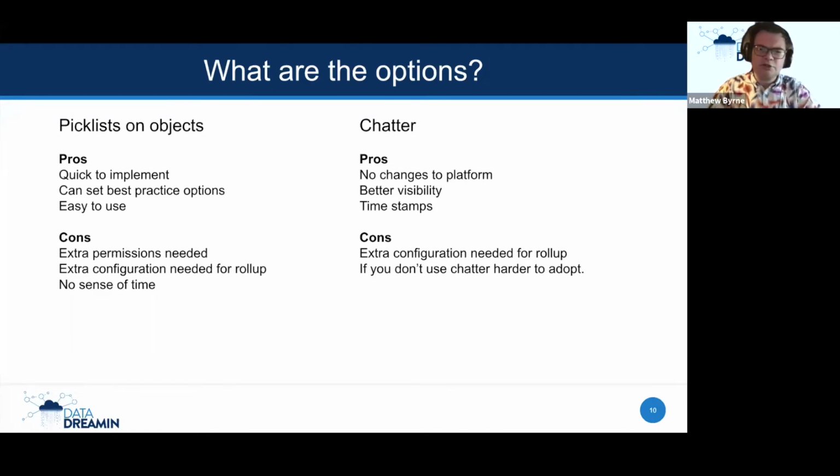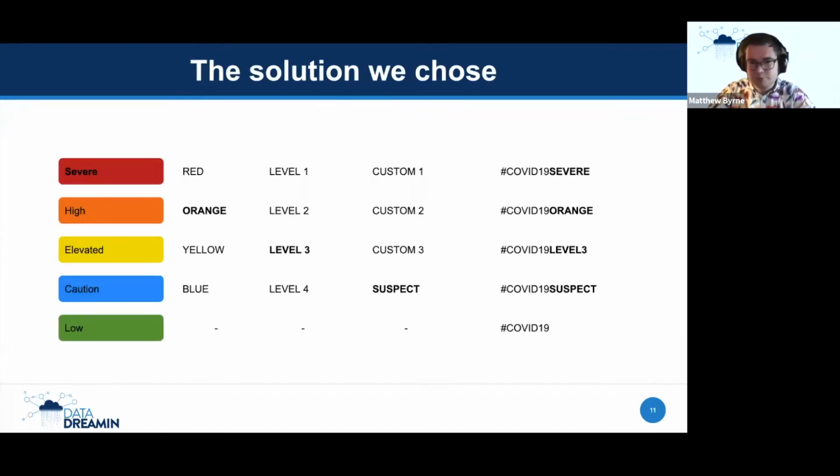Now, this is the solution we've gone with, which is Chatter. But we tried to get around the limitations of the roll-up by using Einstein Analytics and providing the roll-up capability in there. The way we approached this was to set some best practices, which was to use hashtags within our Chatter information. One thing you may not know, which is going to open up the possibilities, is that you can consume Chatter information within Einstein Analytics. You can get the Chatter feeds in Einstein.